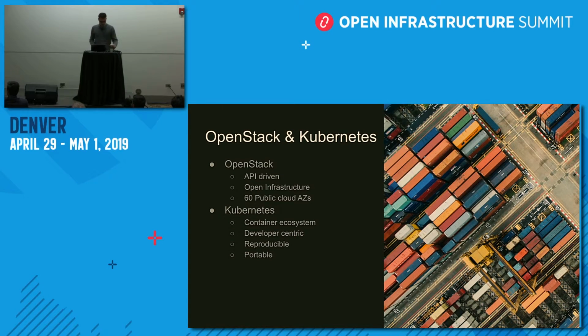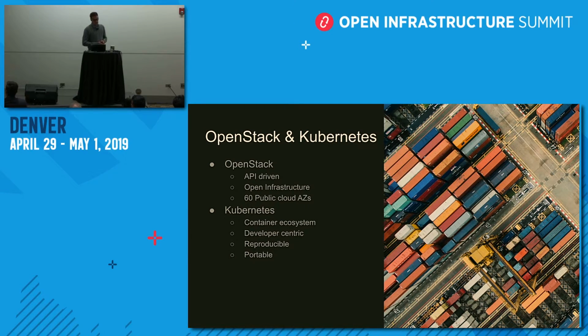All right, OpenStack and Kubernetes. Well, it's the OpenStack Summit, right? So we need to talk about OpenStack. OpenStack here will be our API-driven infrastructure as a service. It will provide the open infrastructure platform based on whichever Cinder and Nova driver you have in your OpenStack cloud.